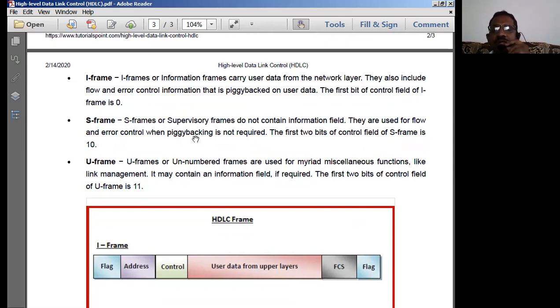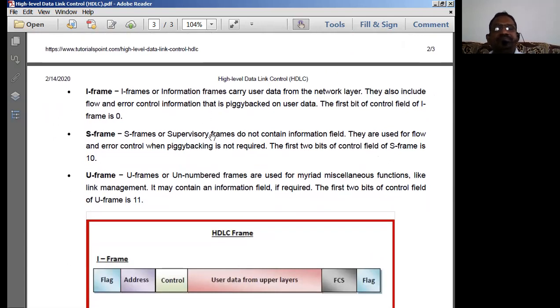Supervisory frames mean what? They are known as the control signals sent by the master computer, known as the primary station, asking for data from the secondary stations. They are known as commands in general. So supervisory frames are commands sent by the primary station to the secondary station. So commands can be called a supervisory frame. So we can transmit commands or supervisory frames, called S frames, which is going to be one type of SDLC data.